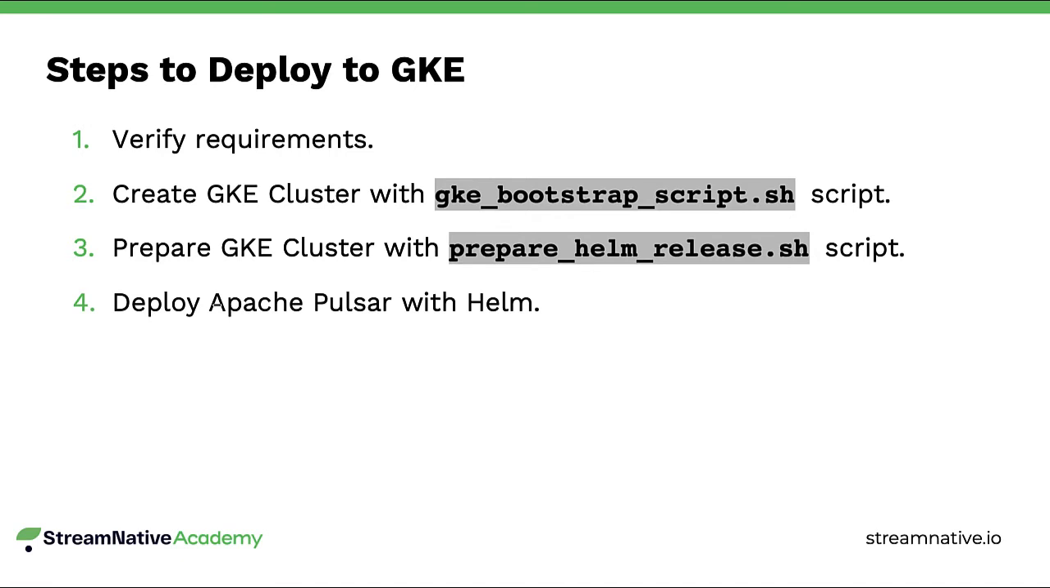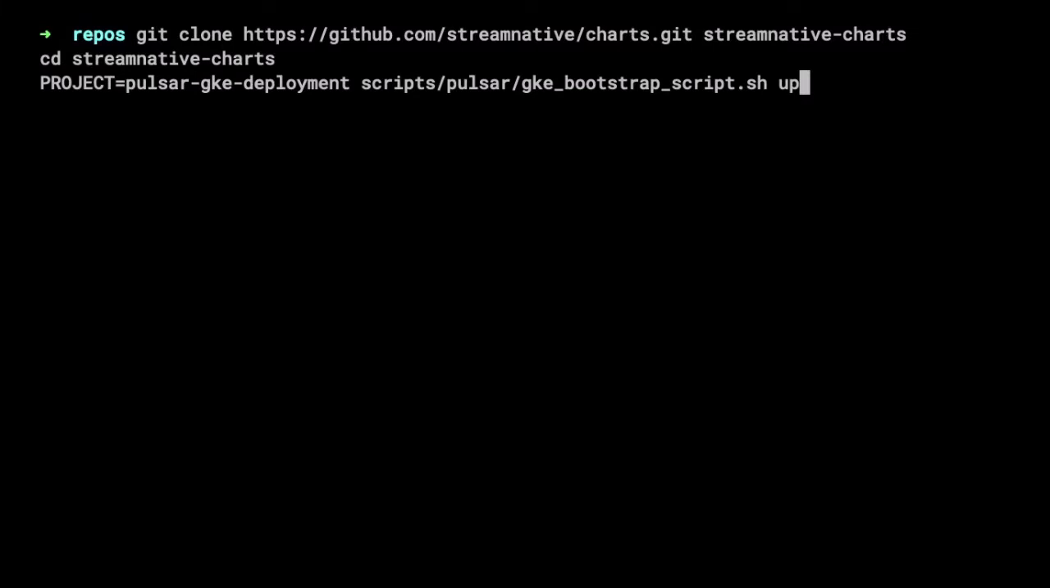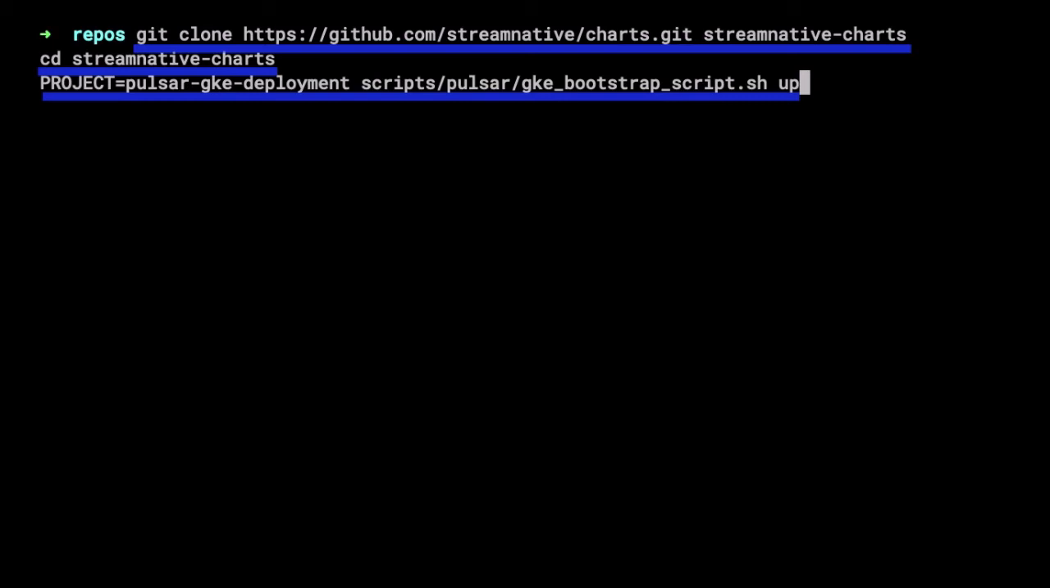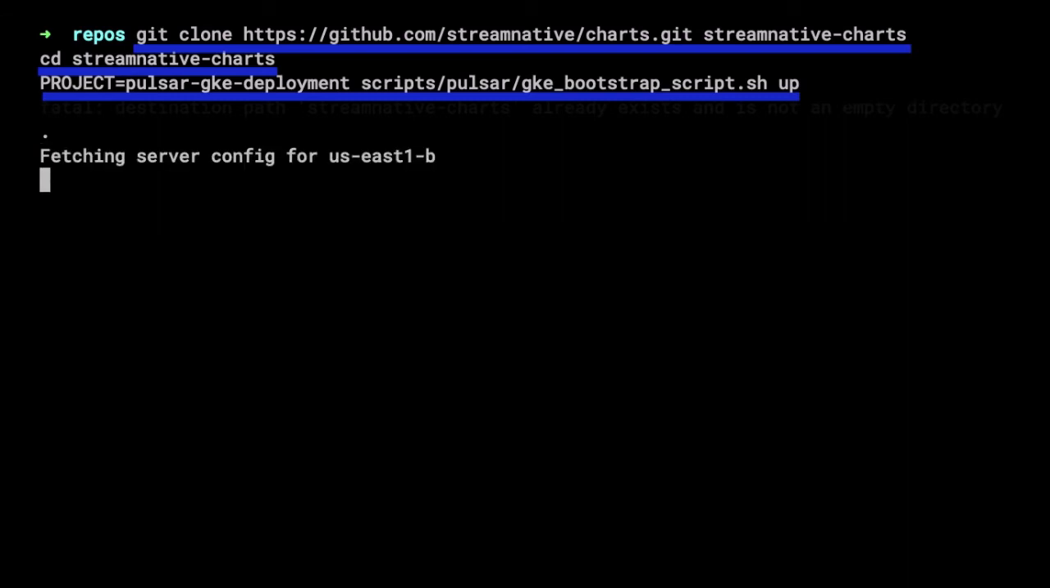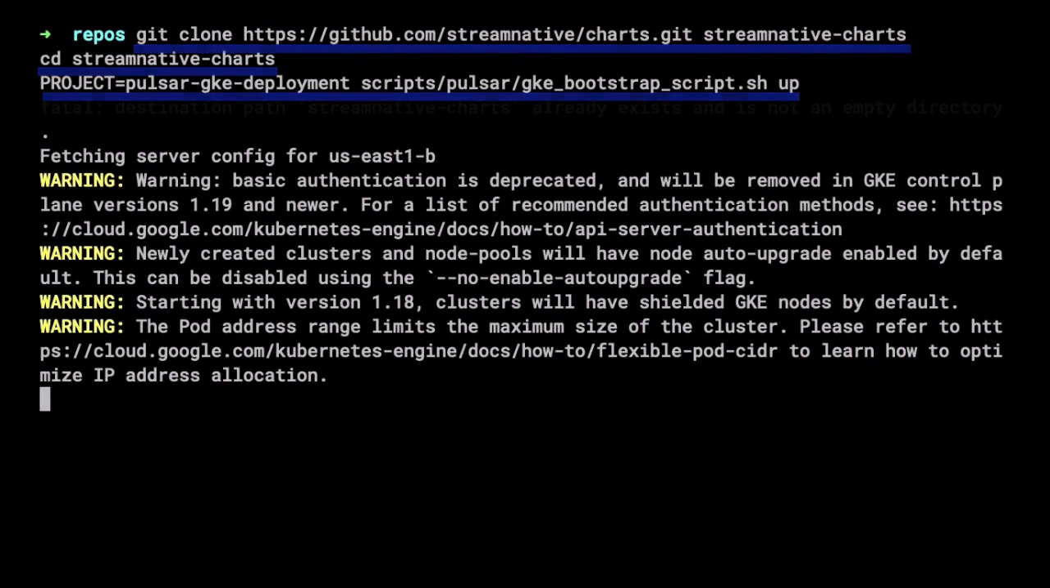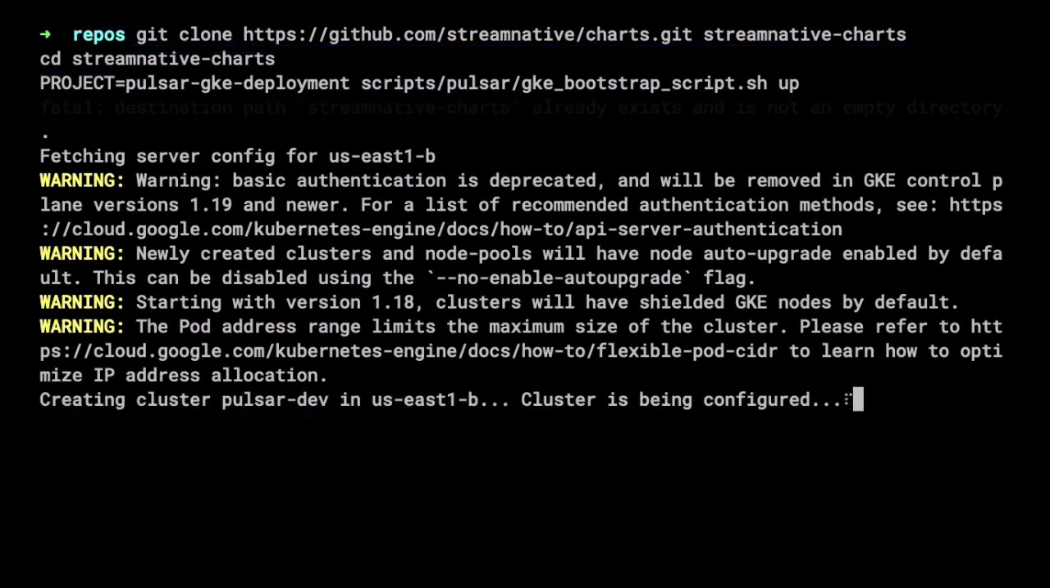Next, on our terminal, the best way of creating our new cluster is by using the script provided by StreamNative. So, we clone the StreamNative charts, we cd into the StreamNative charts, and then we run the script gke_bootstrap_script.sh, where I pass the environment variable project as pulsar-gke-deployment. I set the project variable as that because that is the project I created on my own GCP account,